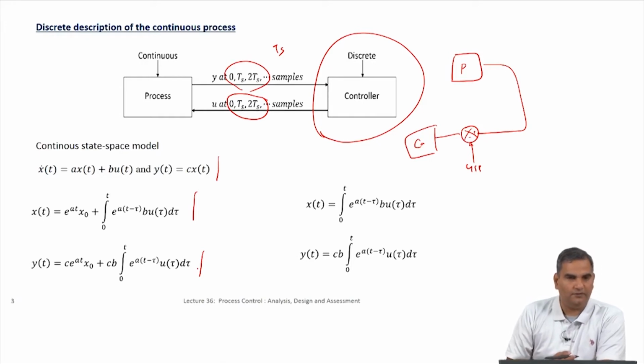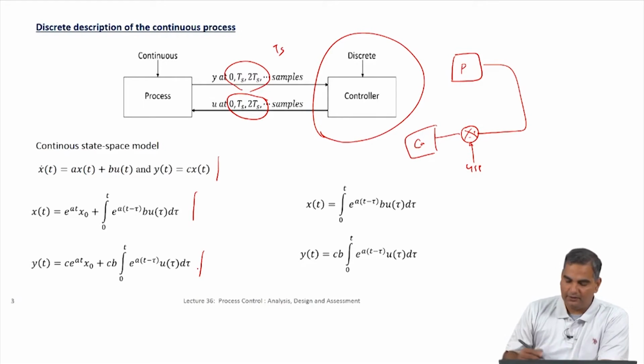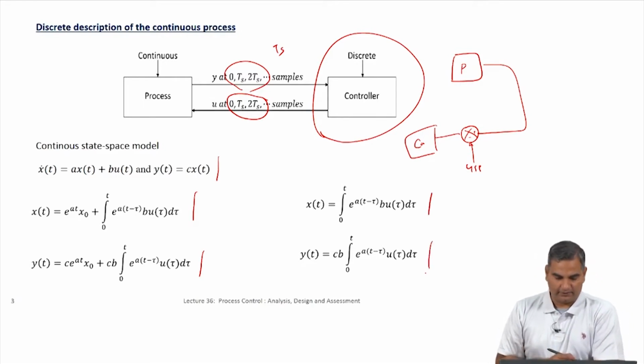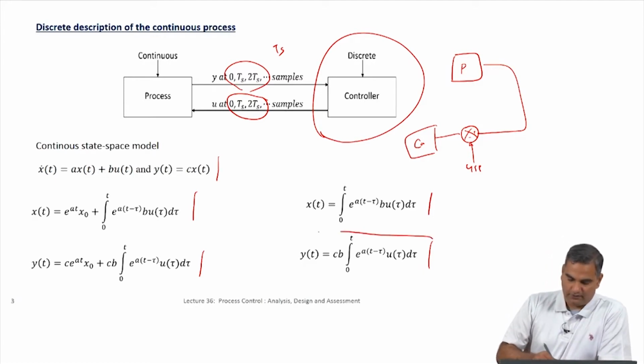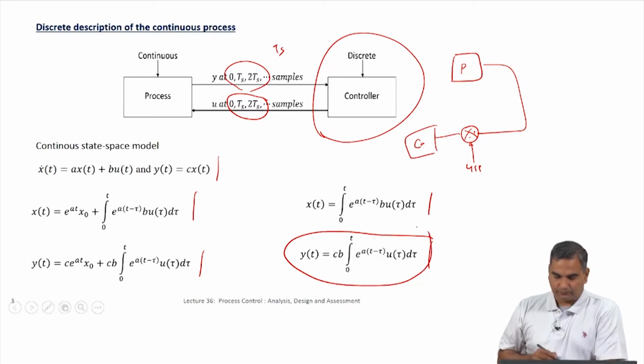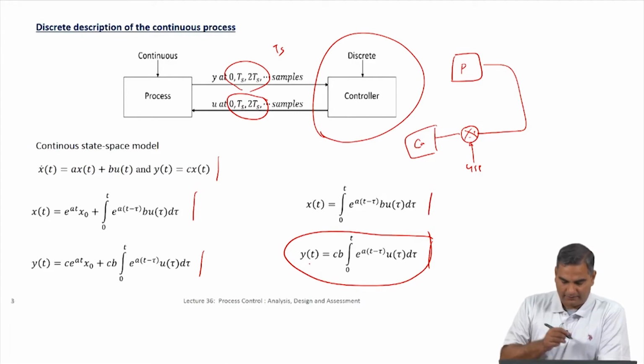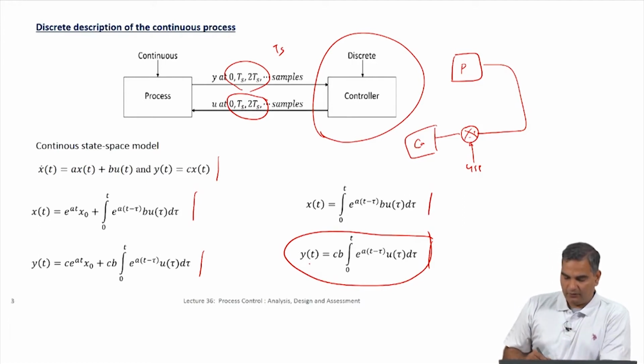And if we assume the deviation variable x naught is 0, then basically what you are going to get is x of t is this and y of t is this. Now, since we are talking about the output directly, we are focusing on this equation here. If you notice, what this equation says is that the y at any time is going to be this